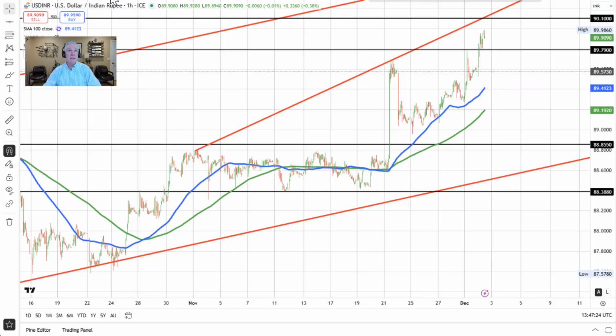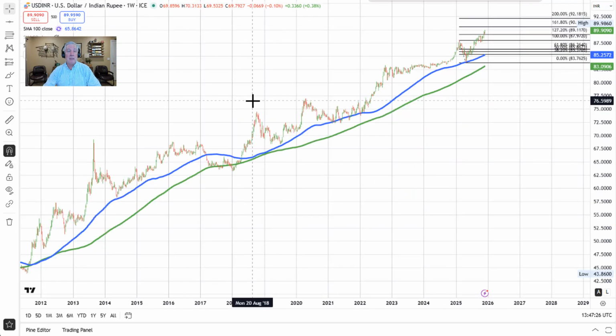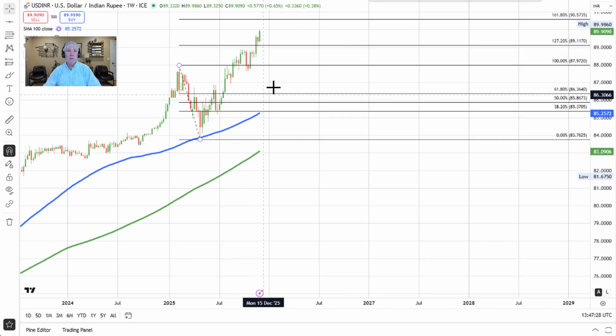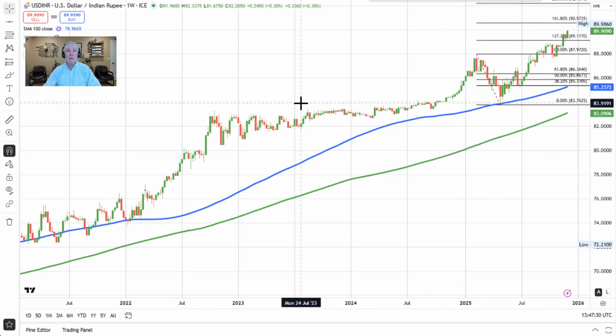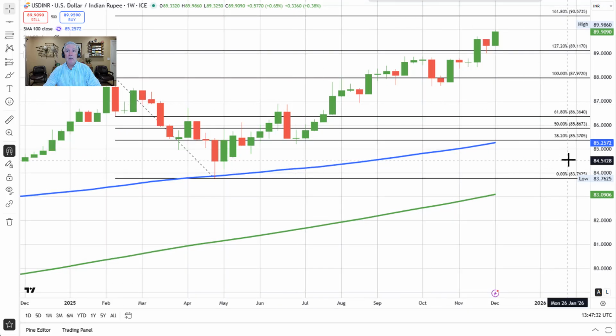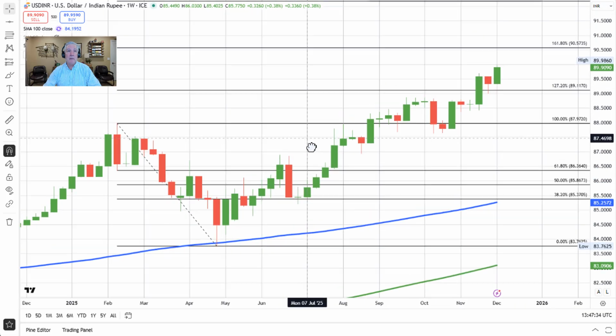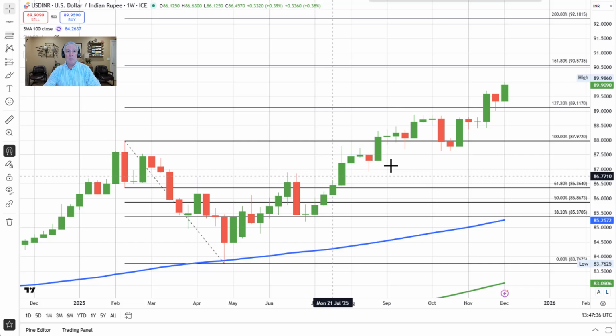Now let's take a look at the daily chart and see if we can make sense of the daily chart. And what you see on the daily chart, I'm going to reset this and push back here, is that the price once again is breaking to new all-time highs. This is a new all-time high. But if you go back in time and take a look at the last corrective move here and put a Fibonacci extension on that, this measures 100 or over 100% corrections of this move